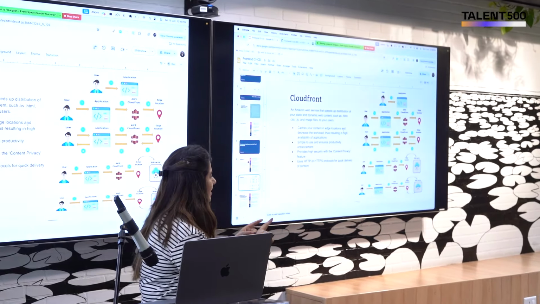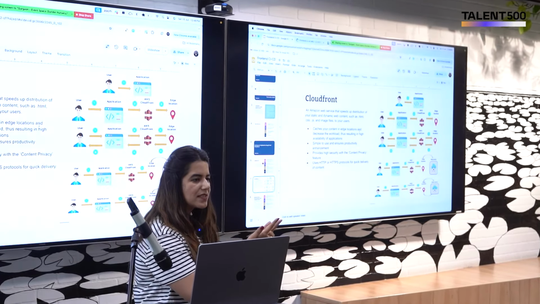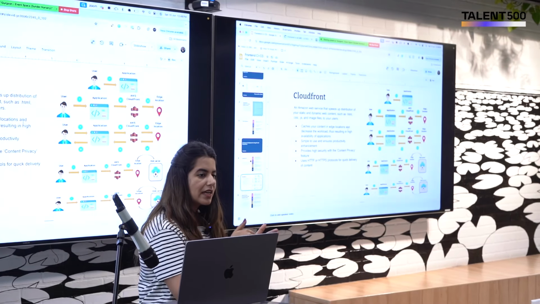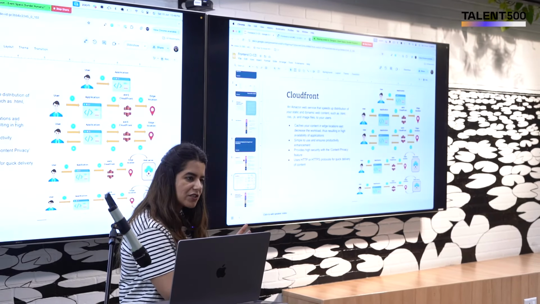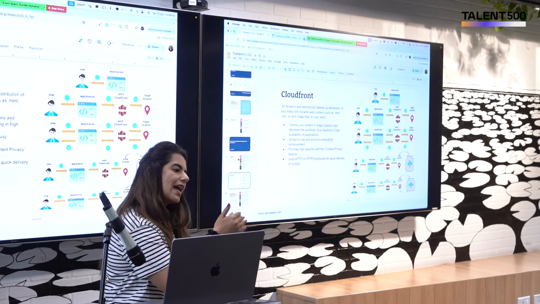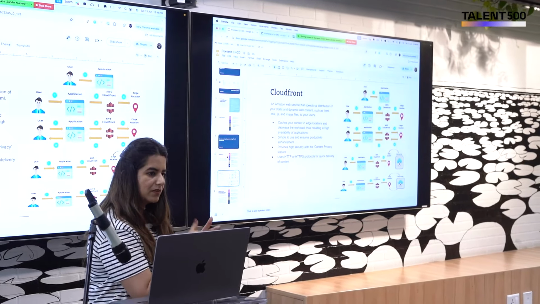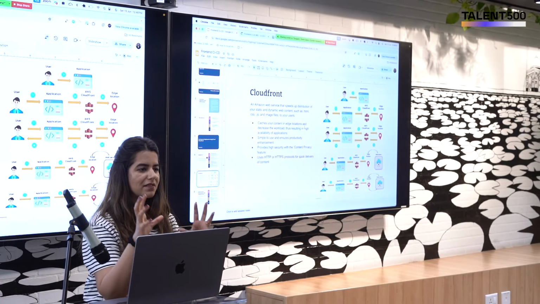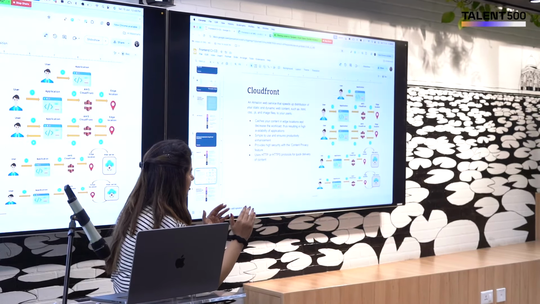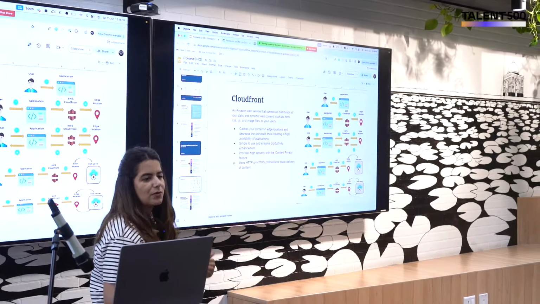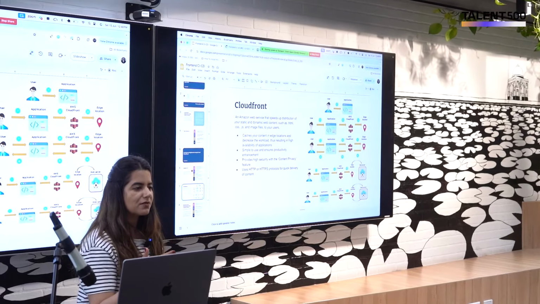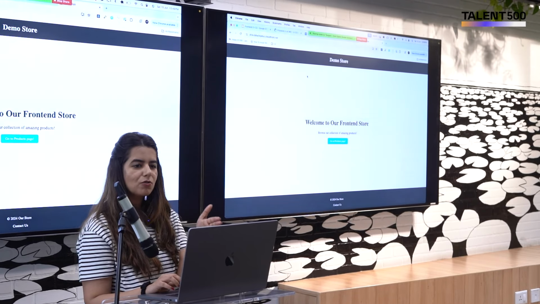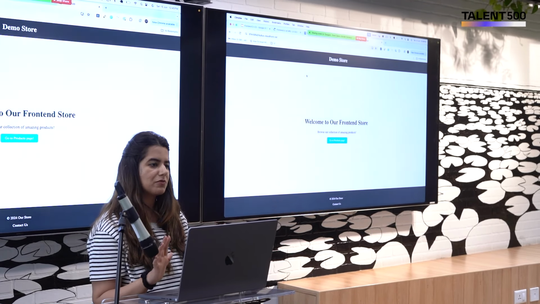But what happens if the request is made to a new resource or there's something which CloudFront does not have in its cache? It will go back to the server, fetch it, keep it in the cache, and then again the same faster request would happen. As simple a process as that. So just imagine it's giving you a distribution network that allows you to fetch resources from the closer locations. Right now, what you see is that the application is hosted on this distribution URL.